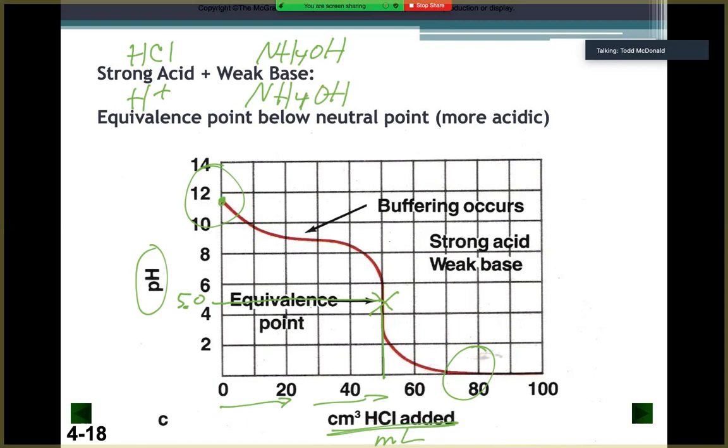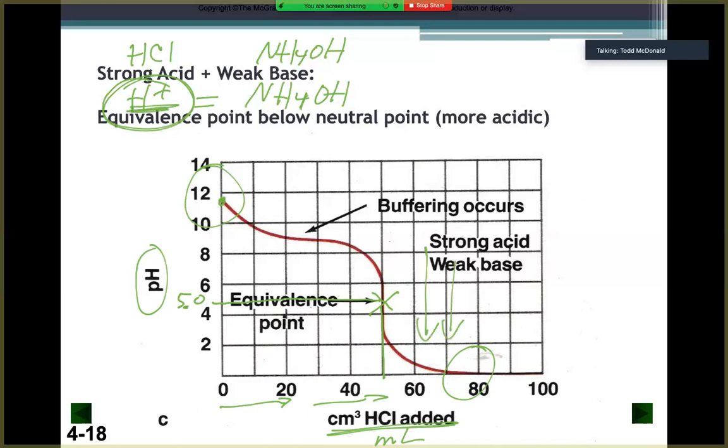And so what occurs here is when these two quantities or amounts are stoichiometrically equal to each other, the H's perfectly balance the OH's, we have a bunch of H plus ions floating around in solution, and we don't have those OH minuses free to come and connect and make more water. And so because we have some excess H pluses floating around,